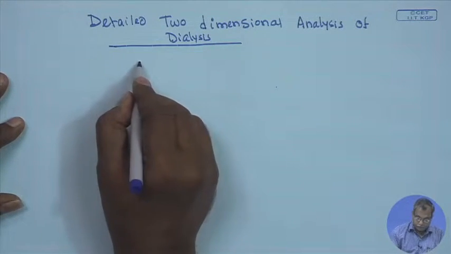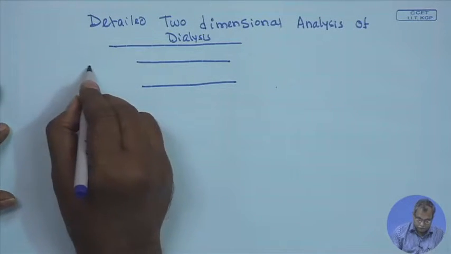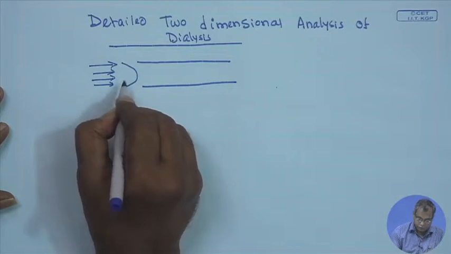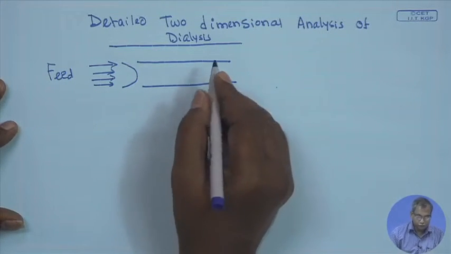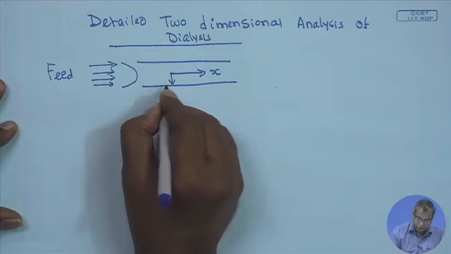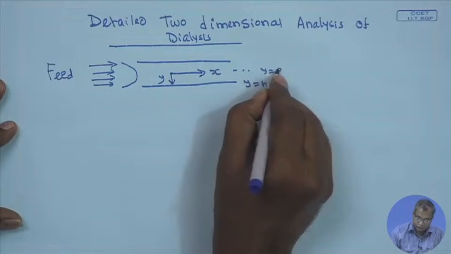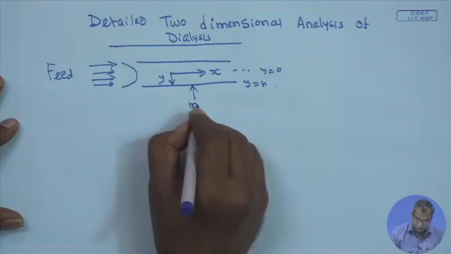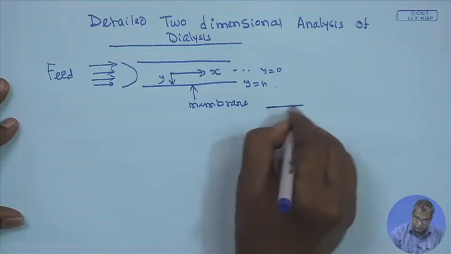So, let us say this is the feed side. The feed is flowing as a laminar flow, with a laminar parabolic profile. This is feed going into the system in the feed side, and we will be setting up our x axis in the middle of the channel, and y in this direction. So, this is y equal to h, this is y equal to 0, and we have placed a dialysis membrane here,